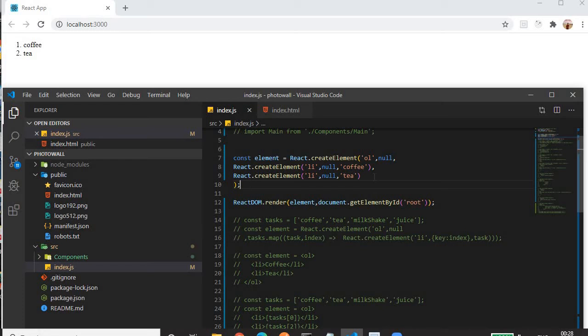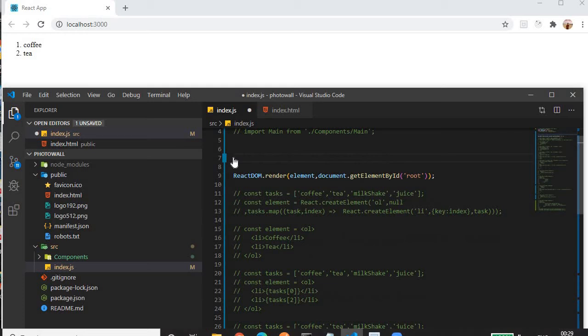So if you see, let's suppose this code somewhat bothers me. What is the issue with this code? Let's suppose I want to represent 100 list items. I have to repeat this React.createElement 100 times, which is a tedious job. I don't want to do that. I need some easier way of writing a nested element. What it will be, we'll see. We don't need this code anymore, so I'll remove this code.